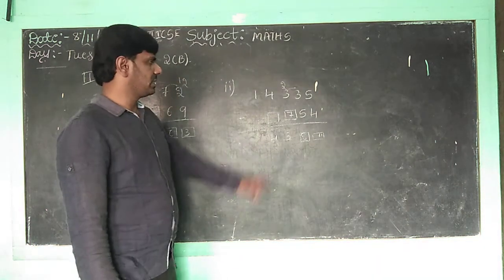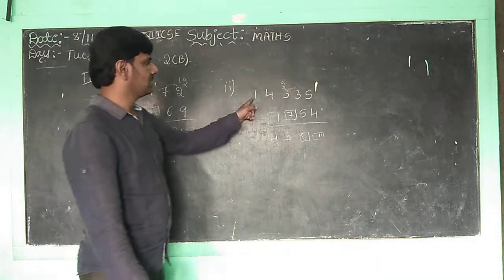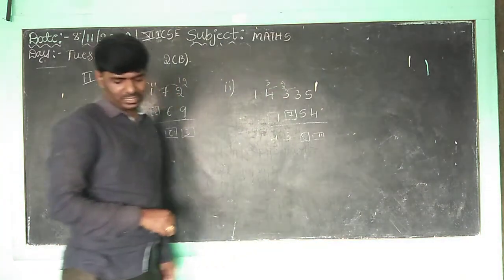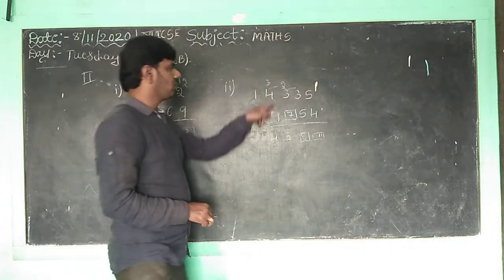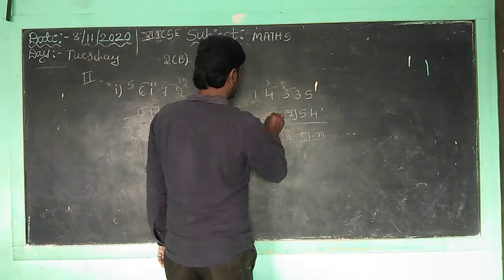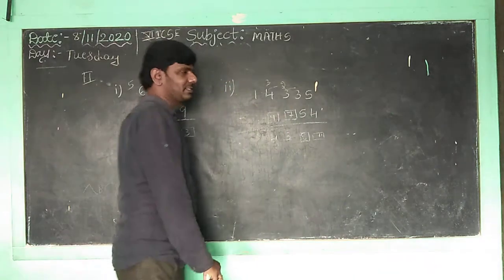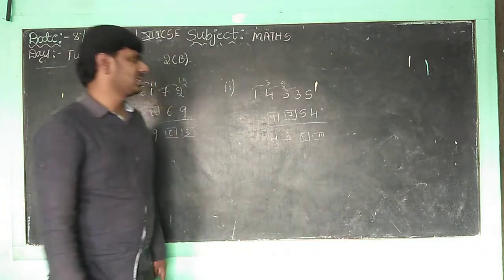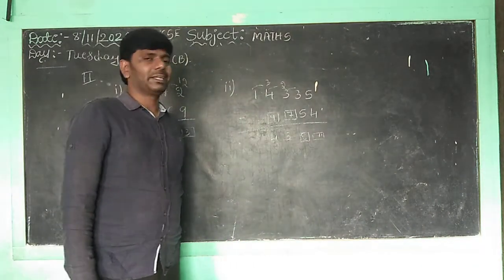Here already 4 is there, children. Correct? Then also you want to take a carry, means here 3 is there. So here 4 is there. What can you write here? So here 14 minus also 13 minus 9 is 4. Correct, children? So now you want to take a carry here also. The answer is 4, 5, 8, 1.